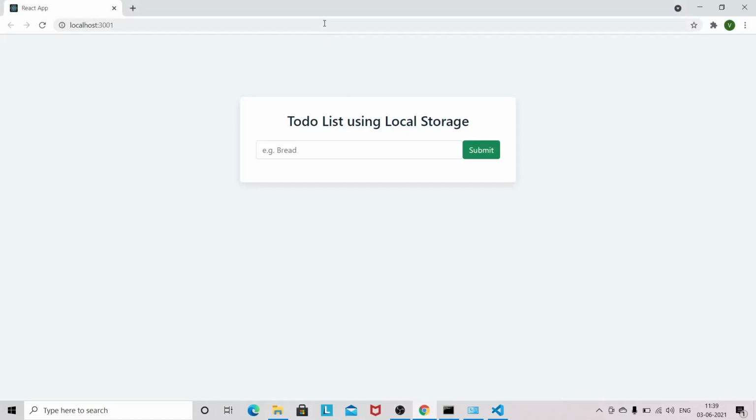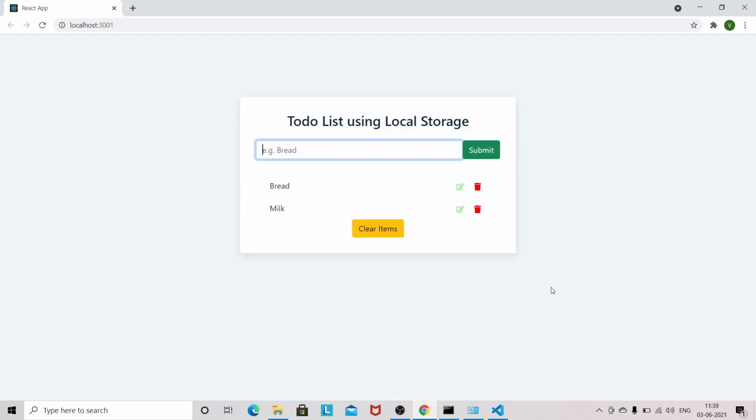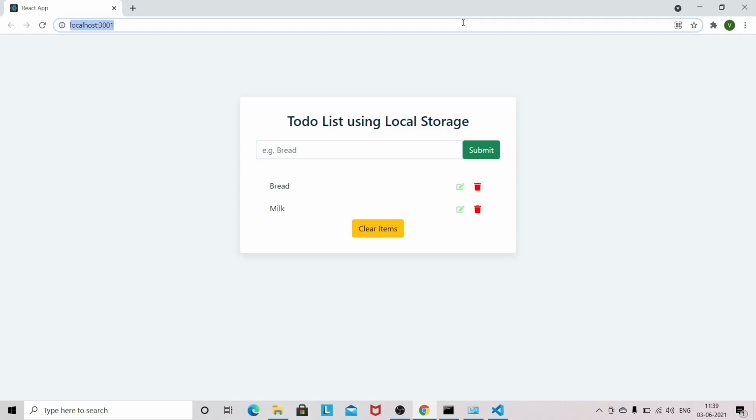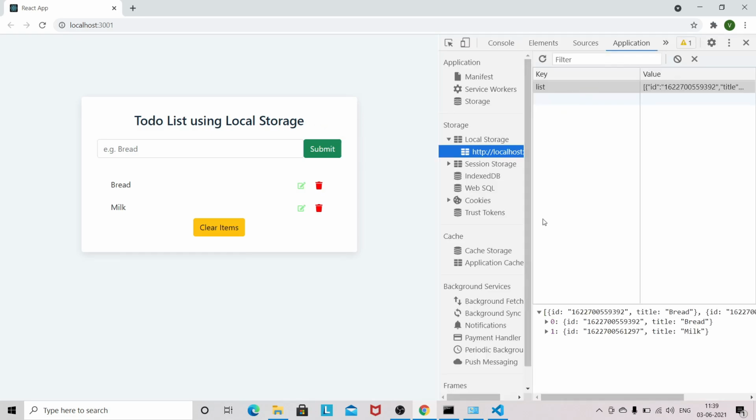So let's check. I will add bread, milk again. Okay, so these two items we have added. Let's reload the page. So the items still persist because we are successfully able to save the items in the local storage. We can also check in the application tab.